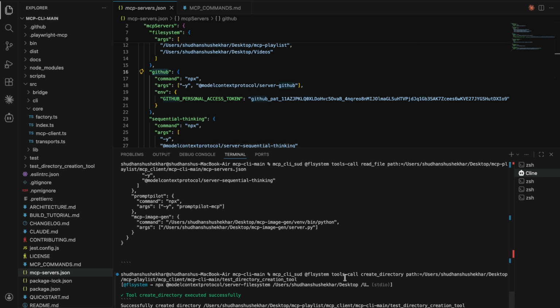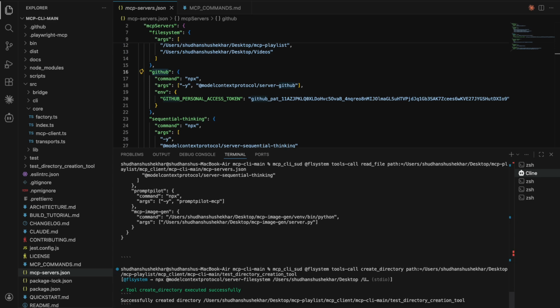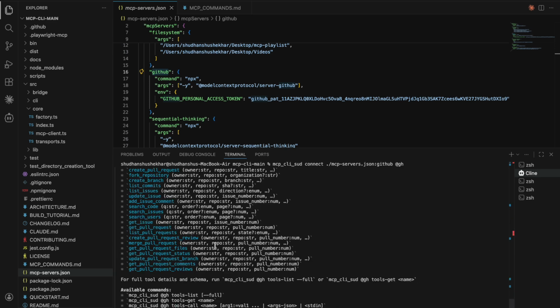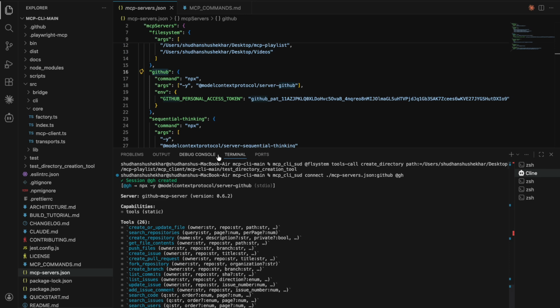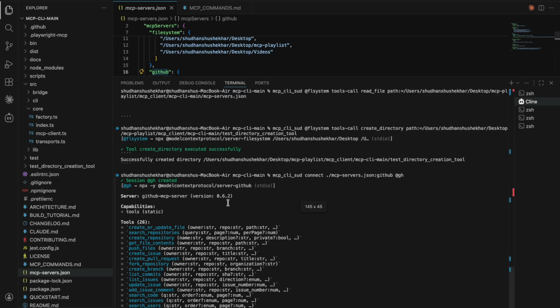So what I need to do is dot slash the location of the MCP servers JSON colon the GitHub, and GH is my session name. So this is the session name. This is the MCP server config location. Connect is the command to make the connection. Let's run this. So it created the connection with the GitHub MCP server, and